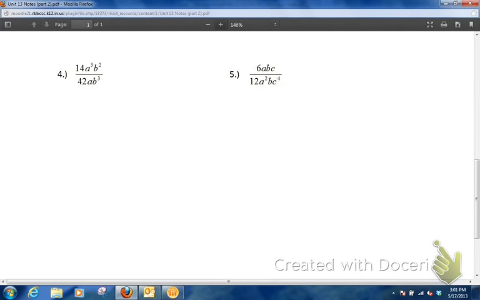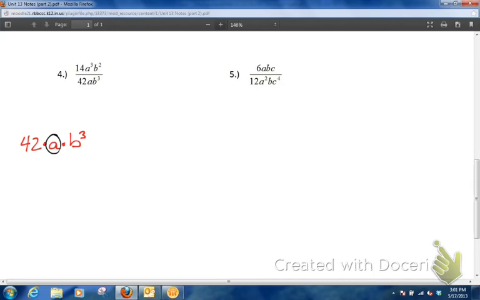Okay, here we go. Example number 4. Again, we just have a monomial over a monomial. And like I said, you're going to say what numbers will make the denominator 0. Well, keep in mind that this denominator is just 42 times a times b to the third. Well, you're not going to really set that not equal to 0 because it's just a monomial and you can't really solve that. But you just got to look at this and say, hey,